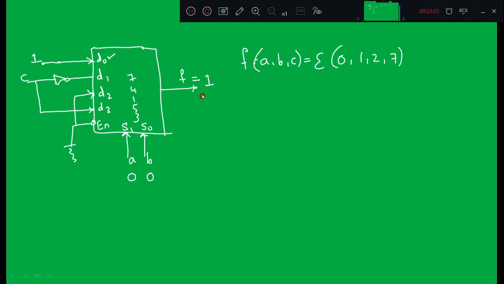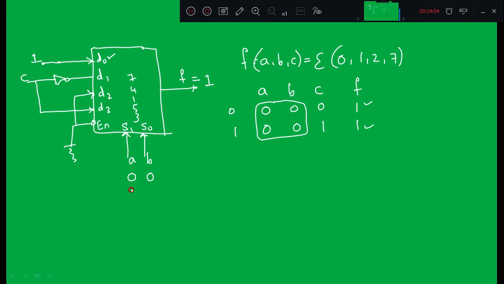So what is the input combination in that case? It is 0 0 0, right? So for the first two combinations, observe in the truth table, that is 0 and 1, C is 0 and C is 1 here, but what will be the output? Irrespective of the value of C, output is equal to 1, right? So for A is equal to 0, B is equal to 0, output will remain as 1. It doesn't depend on the other input variable, that is C.